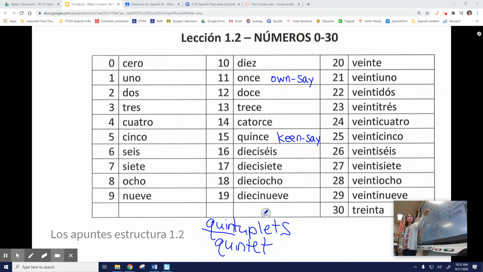So probably in Latin, which is the language that Spanish is based on and a language that English pulls a lot of words from, what did quin probably mean in Latin? 5, right? Bueno. So it seems kind of out of the pattern. Cinco, quince, veinticinco. This doesn't really go with those other 2. But there is a reason for it.